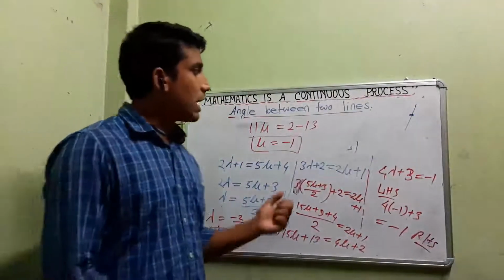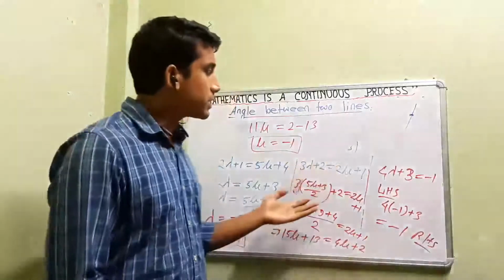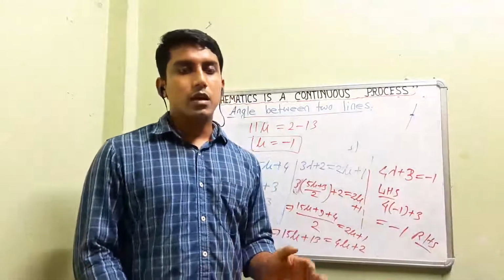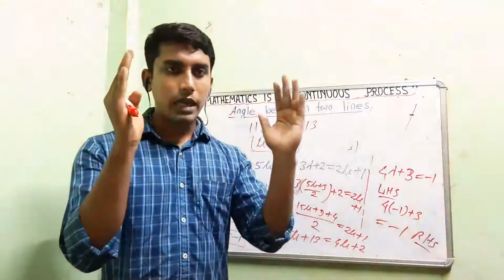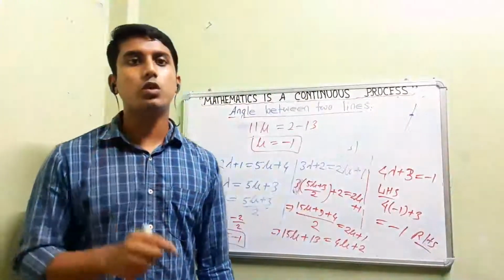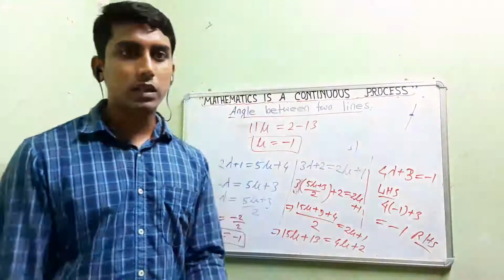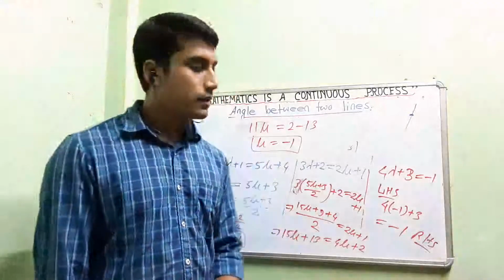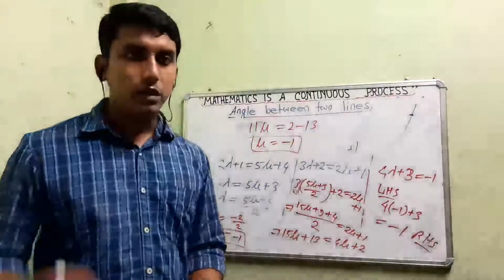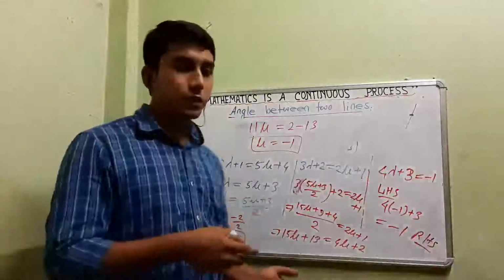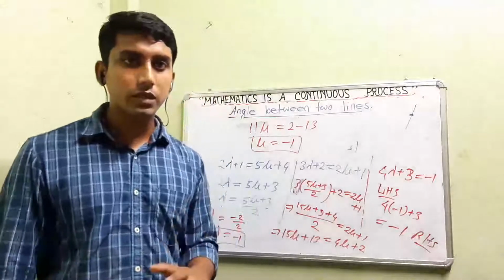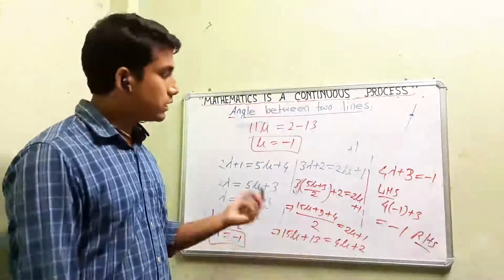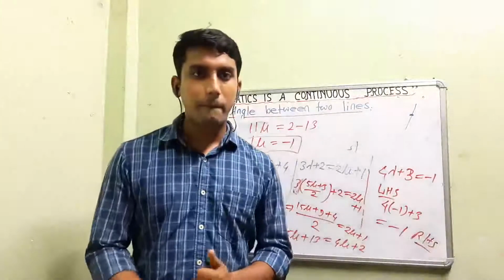In this video I have discussed this much, up to the intersection of two straight lines. Two more topics remain in the straight line: the distance between two parallel lines and the distance between two skew lines. What is a skew line, what is a parallel line, we'll discuss in my next video. Till then, try to understand these concepts, and those who have not watched my previous video, the beginning of straight line in space, go and watch that video first, then watch this one. Otherwise there will be a little bit of confusion. Okay, so thank you.